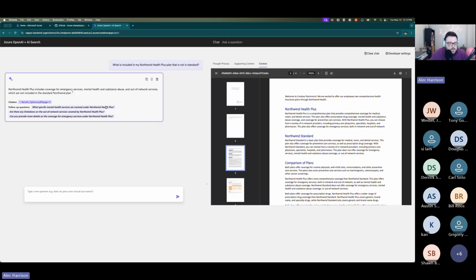You'll notice here too, there are also follow-up questions that it suggests. For the real life use cases I've done, I haven't found a ton of value in that because we've mostly been helping people try to solve problems. It's been like, hey, here's my problem. What's the answer? Or what document do I need to look at to find this? So they just get an answer and then they go on with their day. Unless the model says, I don't know, which is another safety control we have: if it's not in our data, we don't want to guess or make something up. That's the only time we see users coming back.